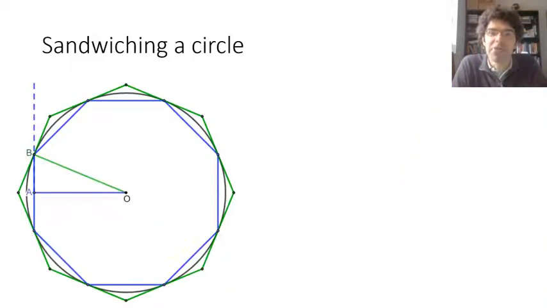And that includes the technique of sandwiching a circle between 2 regular polygons, one inscribed in the circle and one circumscribed around it. Now, why is this a useful thing to do? There are 2 main points. First, if you give me any number above 1, I can find a pair of polygons where the ratio of their perimeters or of their areas is less than your number. In other words, I can make them as close as you like.